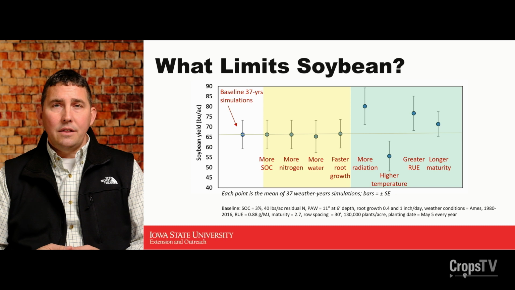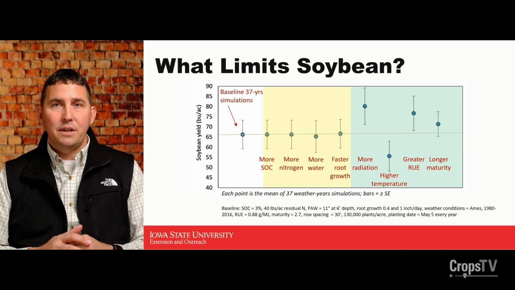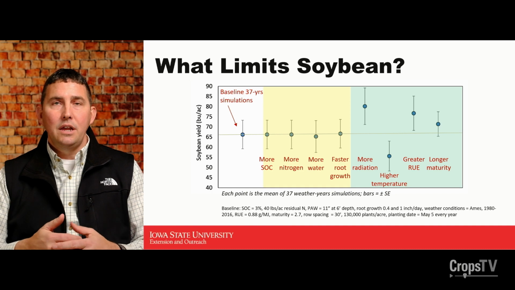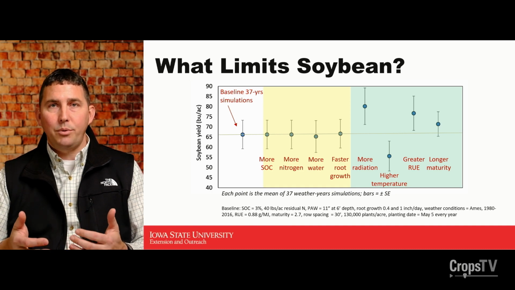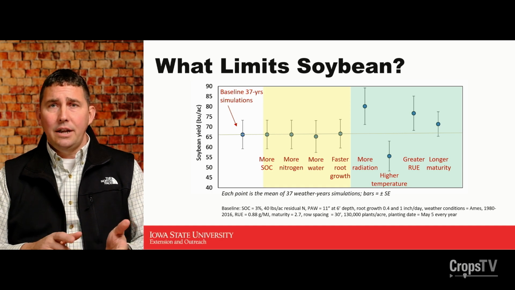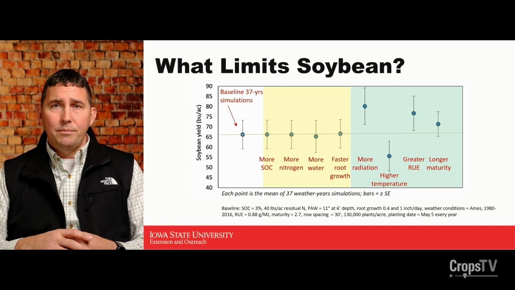Over in the greenish bluish area, you can see some factors that did start to change what our yield potential was. The first one there was more radiation. Basically, he removed the cloudy, rainy days and replaced them with a sunny day. So not something that we can do, but it goes to show that with soybeans, if we can get more radiation to that plant, it's really going to help us improve our yield potential. Now I'm going to skip over to the radiation use efficiency and increasing that, because that's